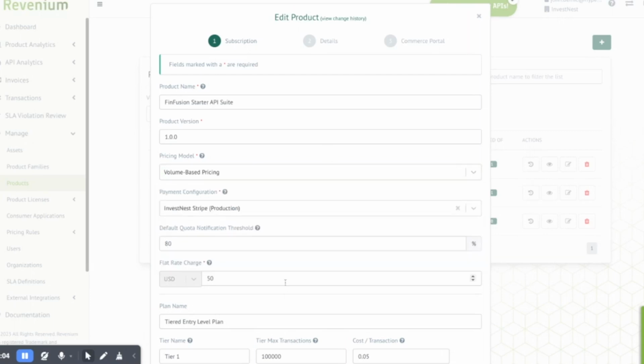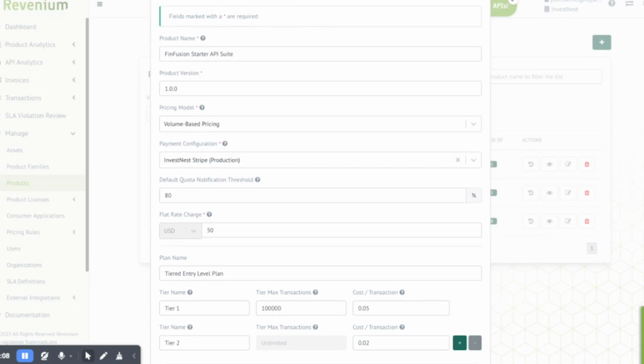This incurs a $50 flat rate charge on the client's credit card, and then it gives them access to 2 tiers of consumption, which are progressive. The first tier gives them 100,000 transactions at a cost of 5 cents per transaction. And then the second tier, once they go over the 100,000, drops their price to 2 cents a transaction.